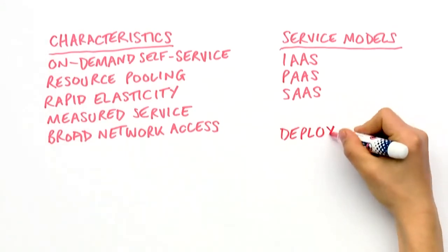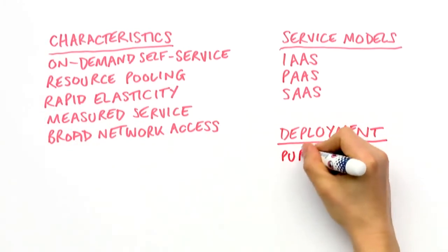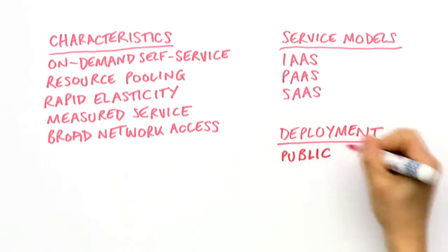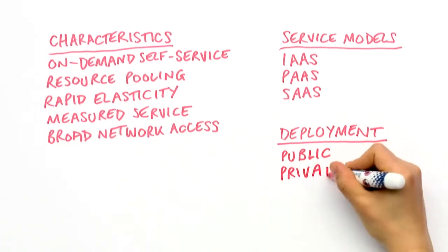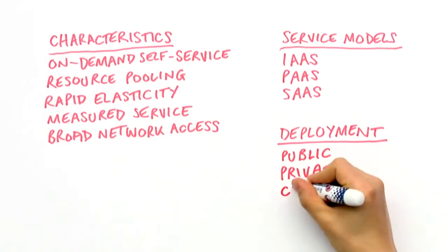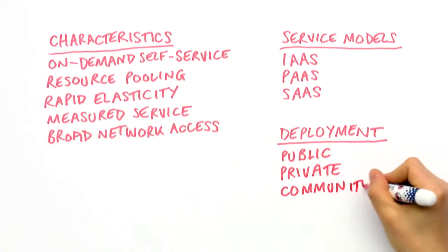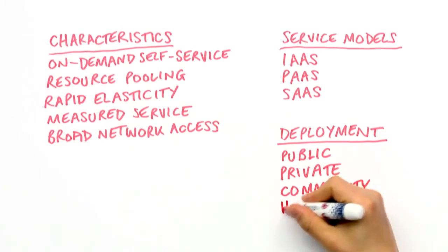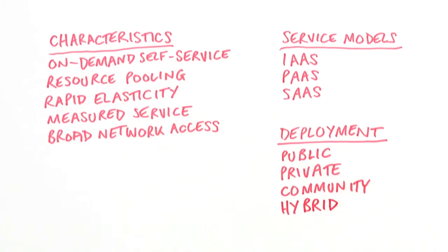Finally, 4 deployment models are available. Public cloud, where the resource consumed is outside of the data center and is part of a resource pool shared between any number of organizations. Private cloud, where the resource consumed is entirely within the data center and is dedicated to a single organization. Community cloud, where a finite number of organizations share a dedicated resource. And hybrid cloud, where the resource is made up of both public and private components.